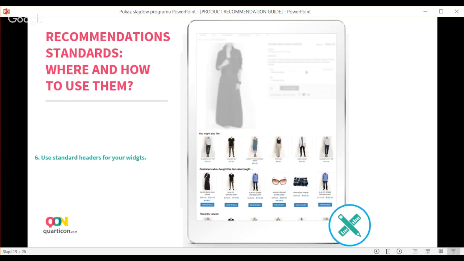And last but not least, use standard headers for your widgets. This is important, to be creative on your own website. That's very good to